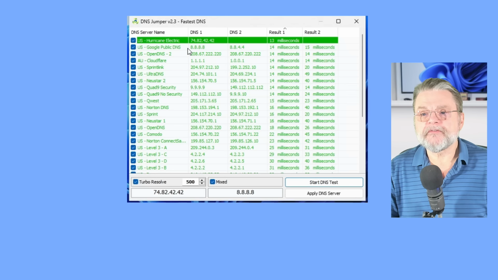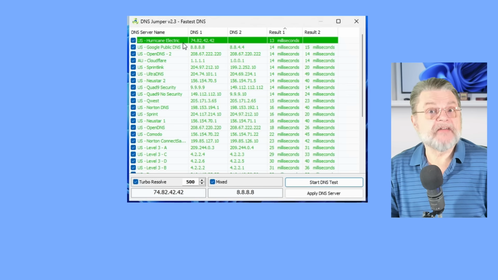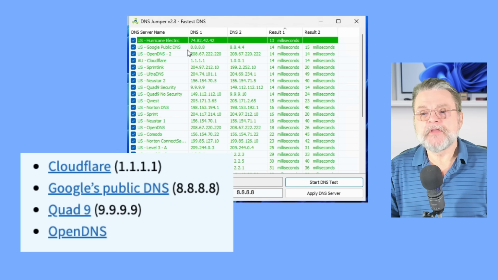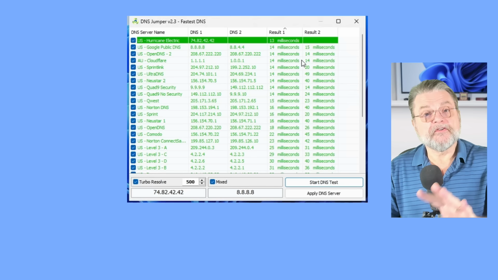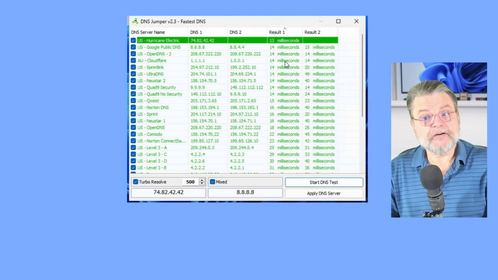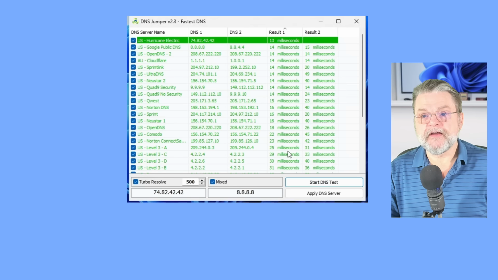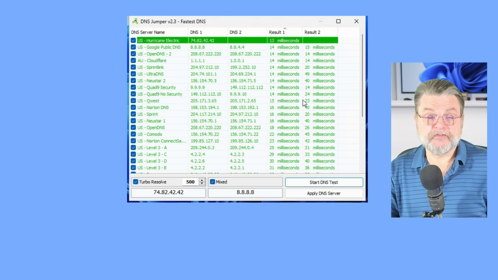In this case, Hurricane Electric. Never heard of them. Number 2, Google's public DNS. That's actually one of the ones that I've listed. OpenDNS. That's a great solution too. Cloudflare 1.1.1.1 is also a good DNS server. The servers that are out there are significantly faster sometimes than perhaps some of the other servers you might be